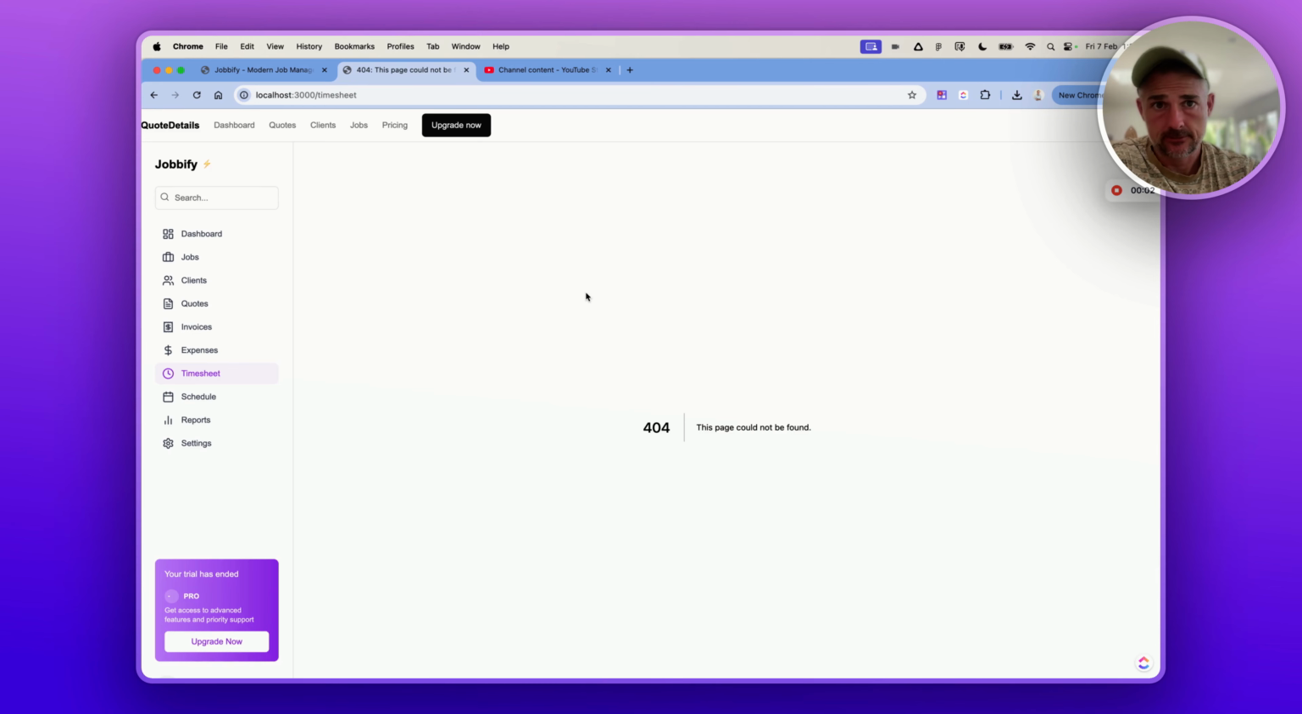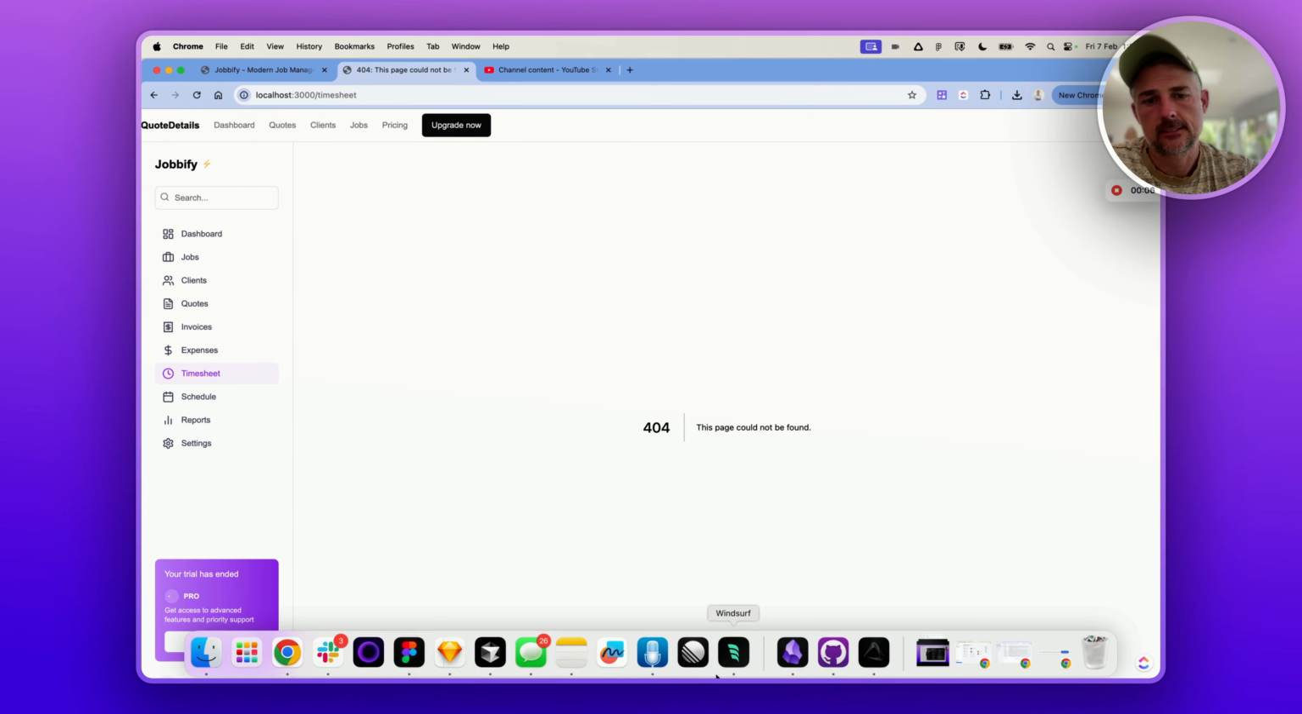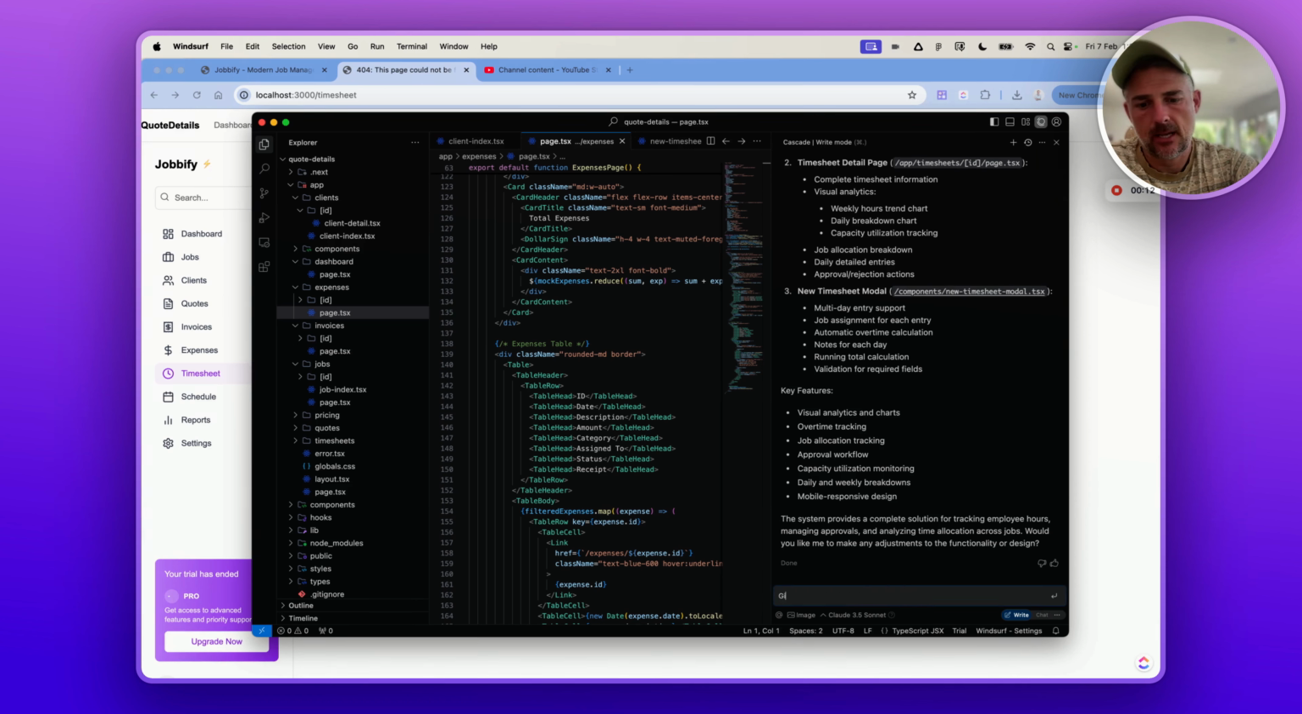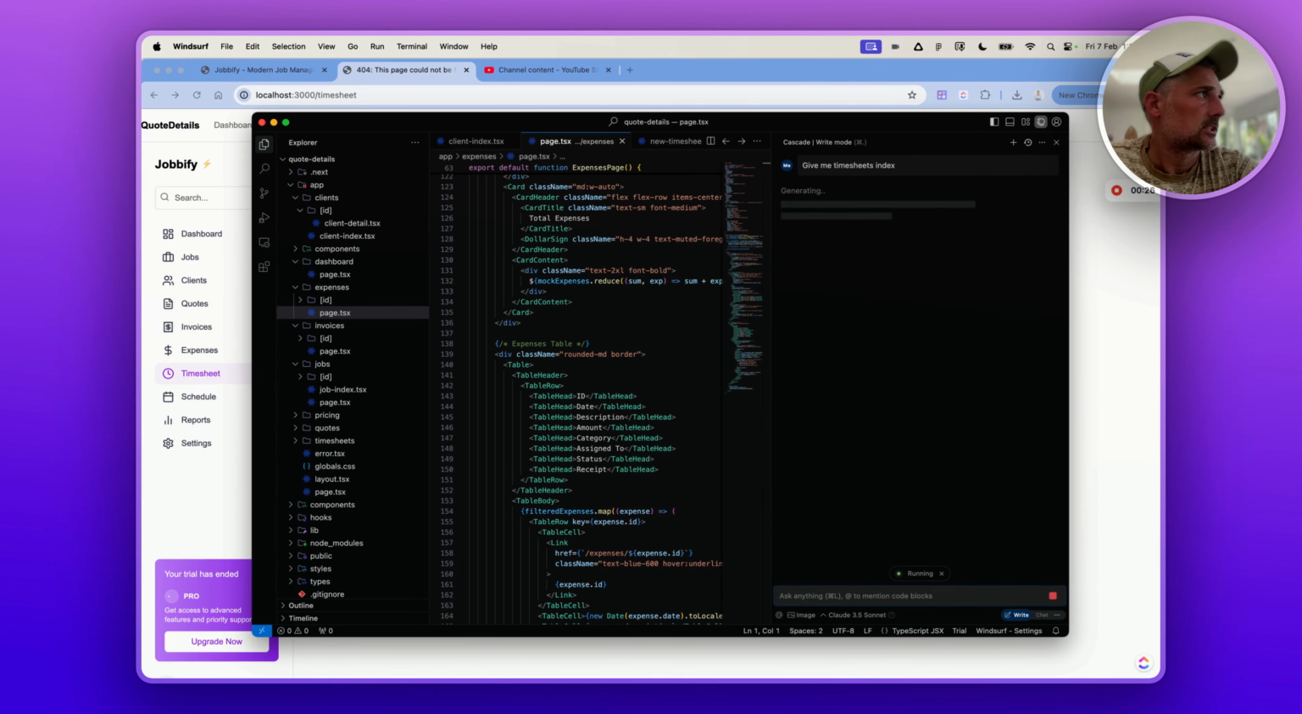Picking up where I left off, trying to vibe code my way into a SaaS. Timesheets. Didn't make a timesheets index. Need the index to show the list. The index gives you the list of items that the user will add, and then if you click into an individual item on the list, you'll be able to see the